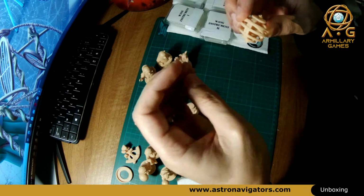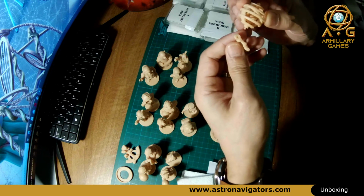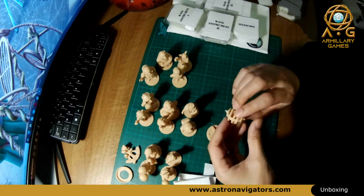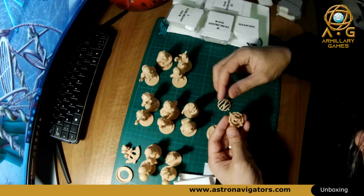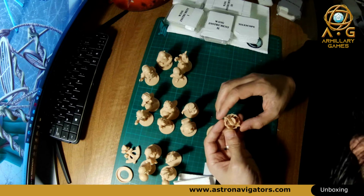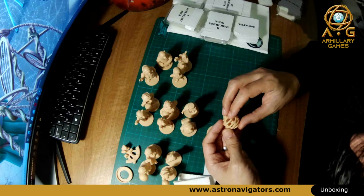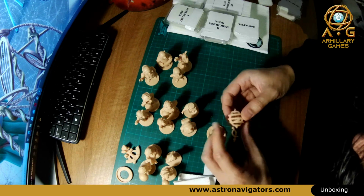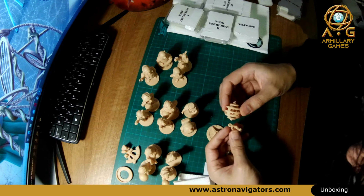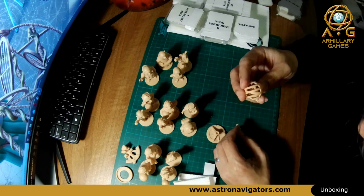But let's see how it fits on the mount. Maybe I should turn it upside down. And then I have to turn the inside as well to have the horizon nicely leveled. Okay, because there is a small indentation to fit on the mount, and then it feels that it is supposed to fit inside,